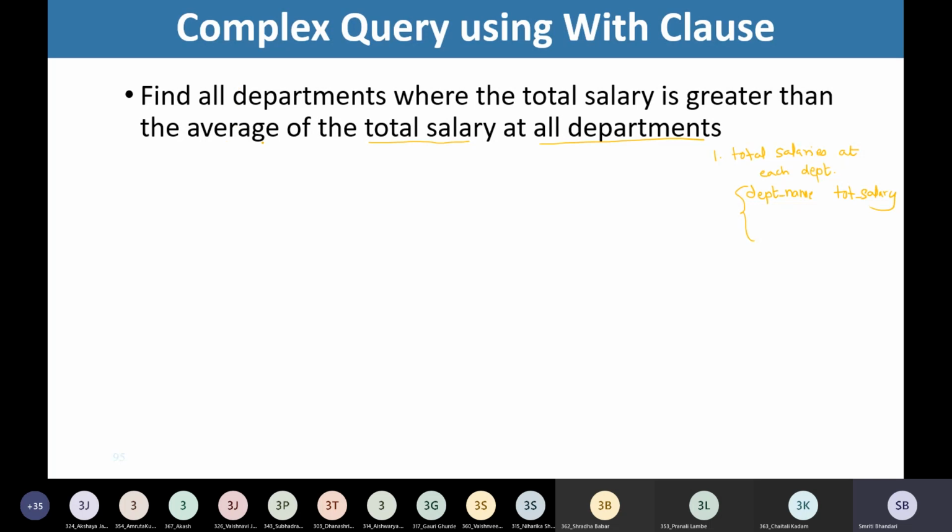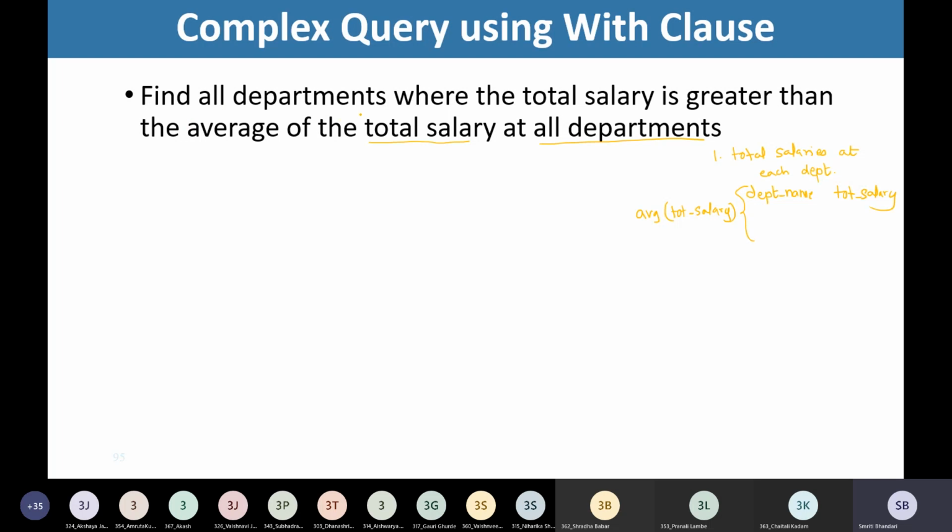So out of this relation, we want to find out the average of this total salary. So obviously we'll be getting a single value, that is the average of total salary.